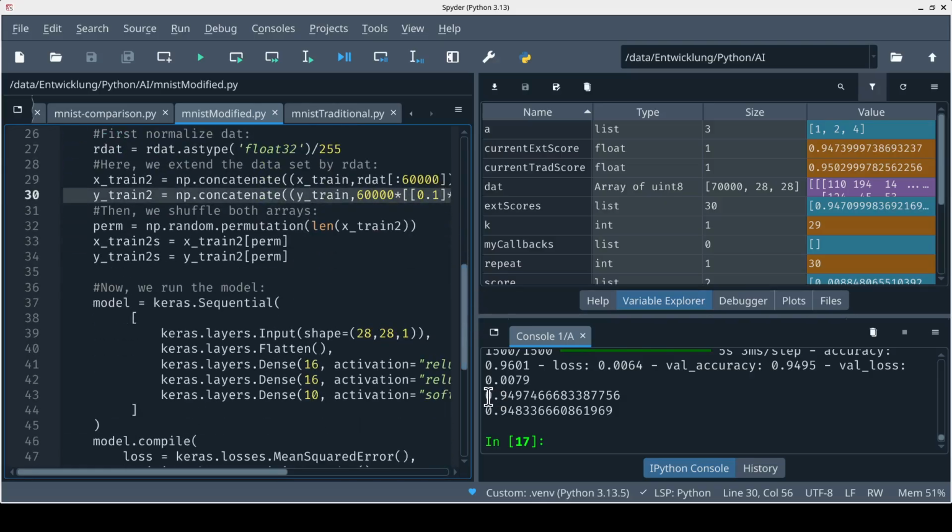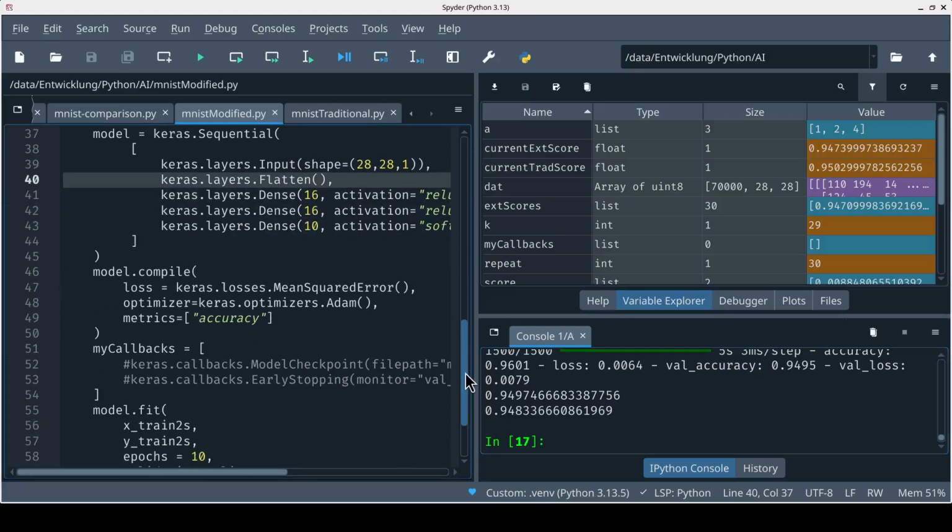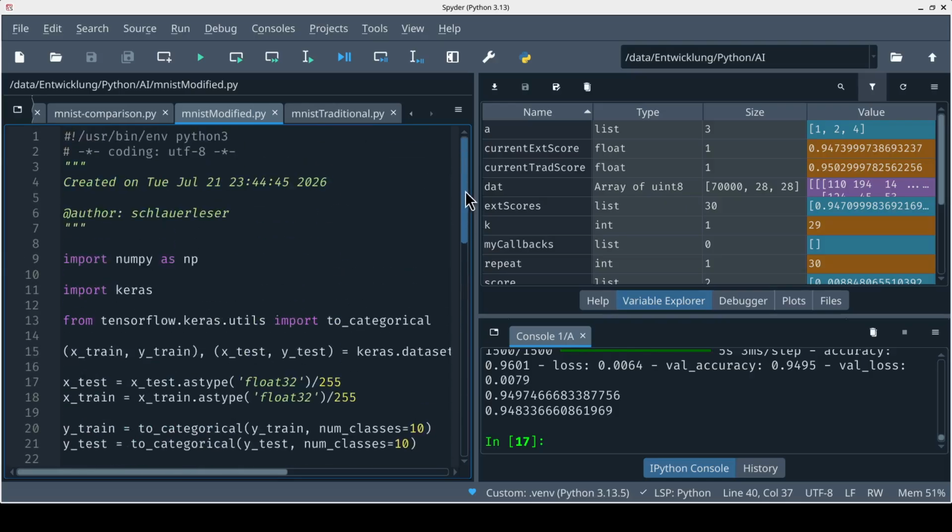And indeed, the results show, this is the upper line, this is the extended model, that it does appear to improve the accuracy by a little bit. I haven't tweaked the parameters. Perhaps with a larger model or different parameters, the effect would be even greater, but I really do not have the computational power, because unfortunately I happen to be a non-person.